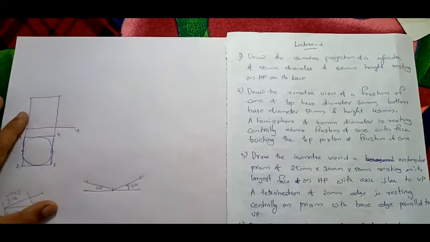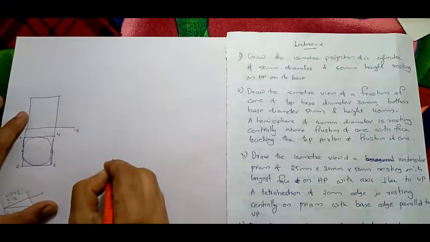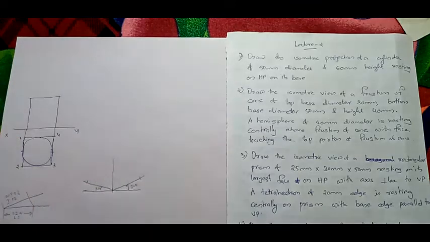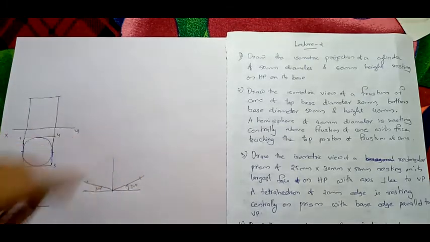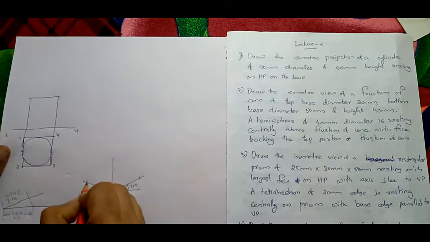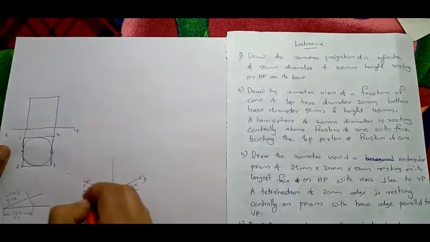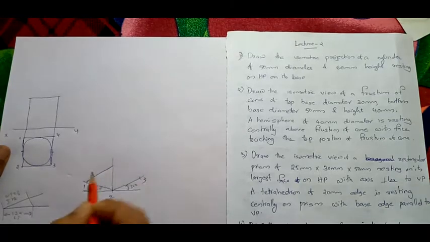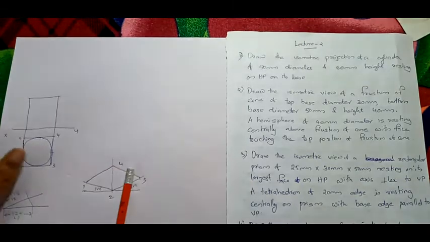While drawing a square, as I said earlier, try to remember it. If it is a square, first draw this perpendicular line, because for a square it will join on this perpendicular line. For a rectangle it doesn't matter, but for a square always remember this. So here name it as 1, 2, 3. Now draw a line parallel to 2, 3 passing through 1. Draw a parallel line to complete the rhombus. So you have obtained 1, 2, 3, 4.